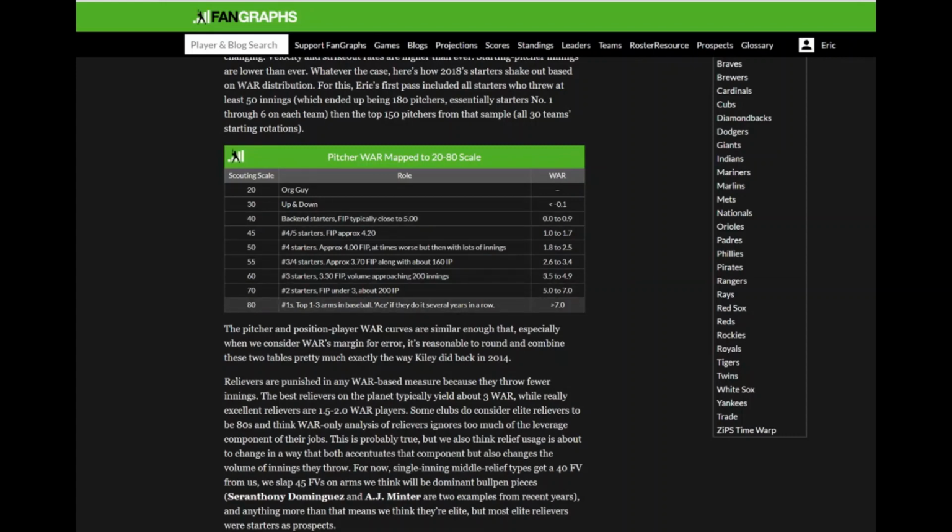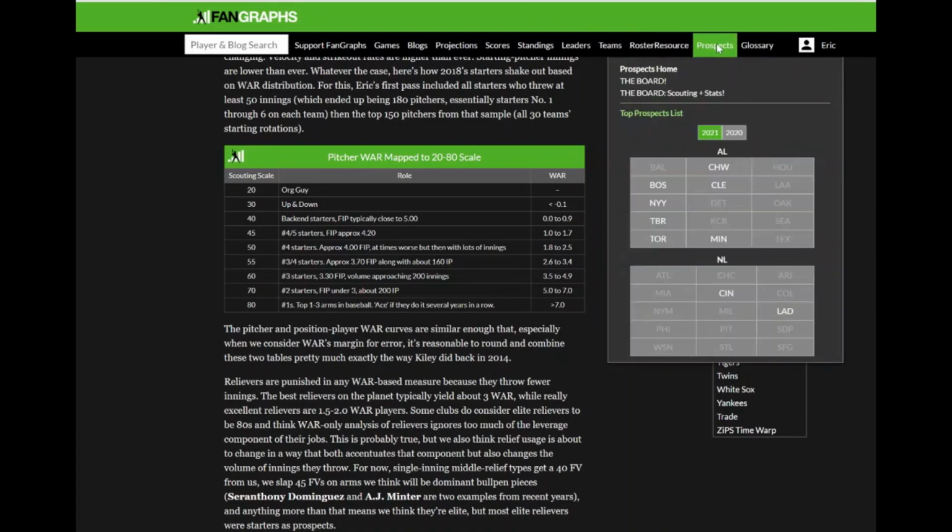You just have to be Kershaw or Scherzer to be an 80, but you can be Joe Blanton and be a 45. You can be Cody Hoyer or Juris Familia or just a nasty setup man and be a 45, right? It starts to blend. The roles at which someone can be a certain future value start to become more diverse as we traverse down the spectrum, right? Okay, let's go over to the board again